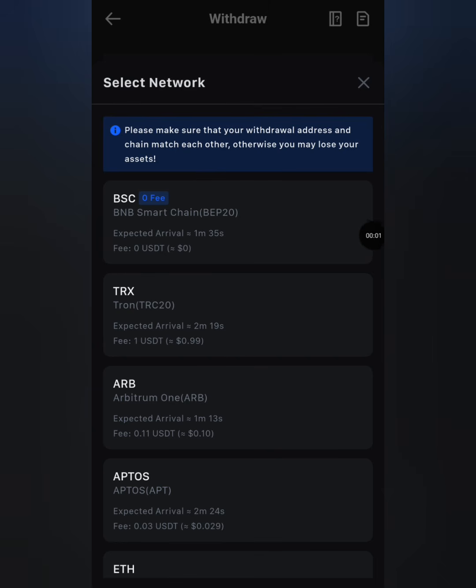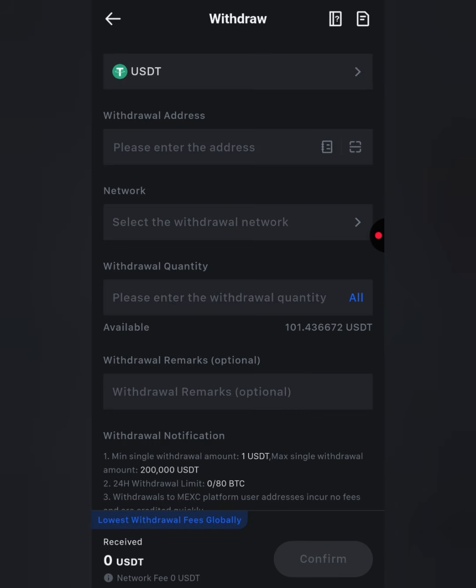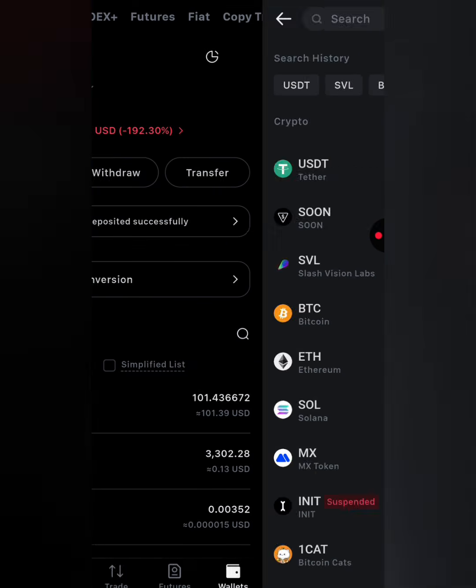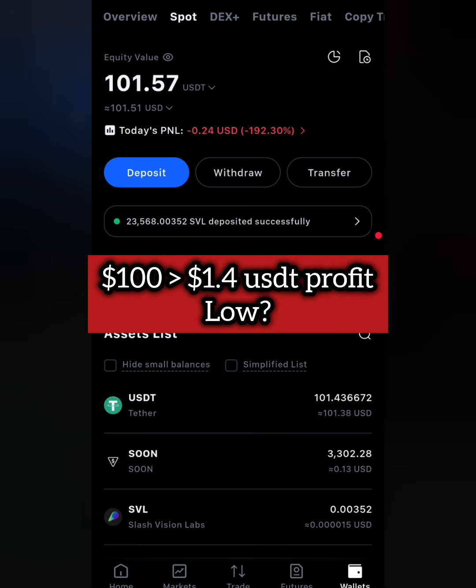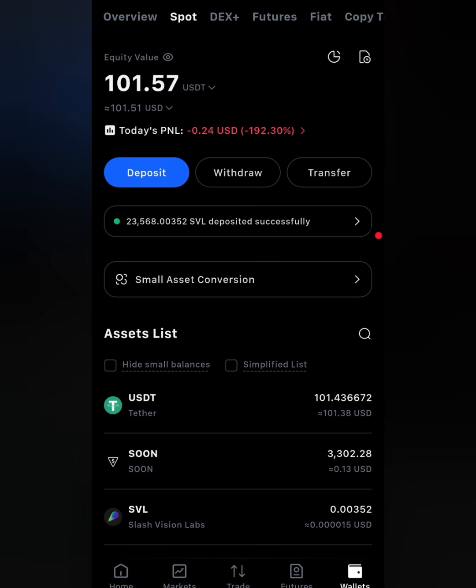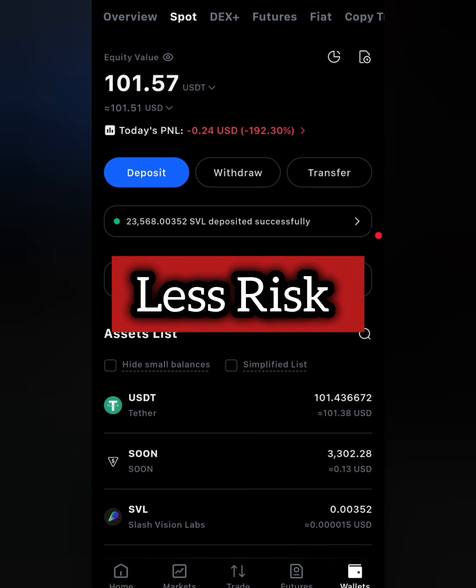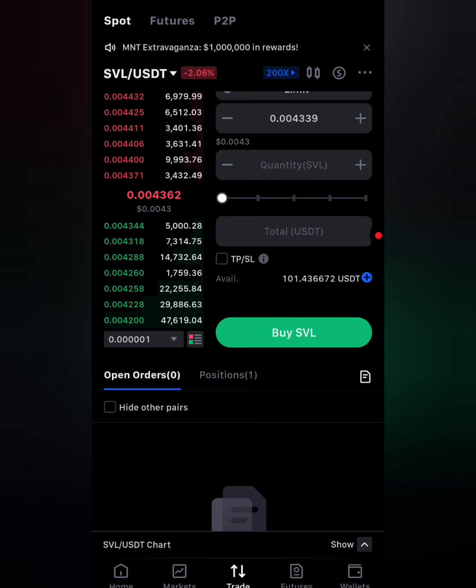All right, I can actually reperform this arbitrage again to make another 1.4 USDT profit or even more. Now you might think the profit is low because I used 100 USDT to make 1.4 USDT profit within 20 minutes, which I could actually make more if I was trading maybe futures or even the spot market. Don't forget that crypto arbitrage actually has lesser risk whenever you are performing it, and your profit margin might not